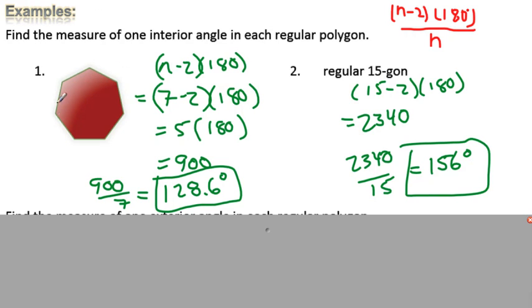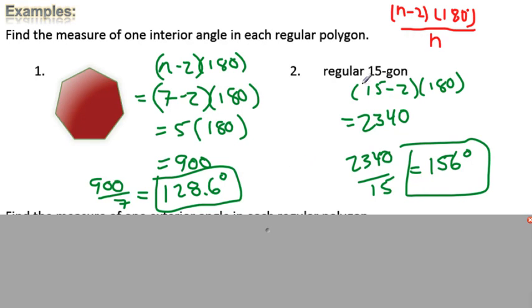All right, so this has, what is this, a heptagon. It has 7 sides. So you plug it in, n minus 2 times 180. 7 minus 2 is 5. You get 900. And we're asking to find the measure of one interior angle. So all of the angles, when you add them, will equal 900. You have to divide by 7. That'll find one angle. You get 128.6. You have to round it to the nearest tenth